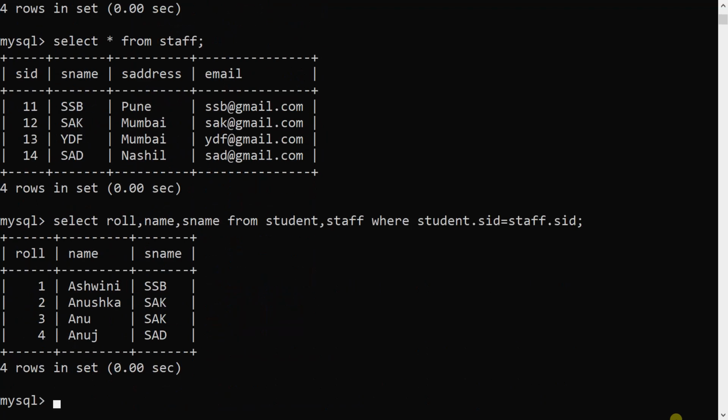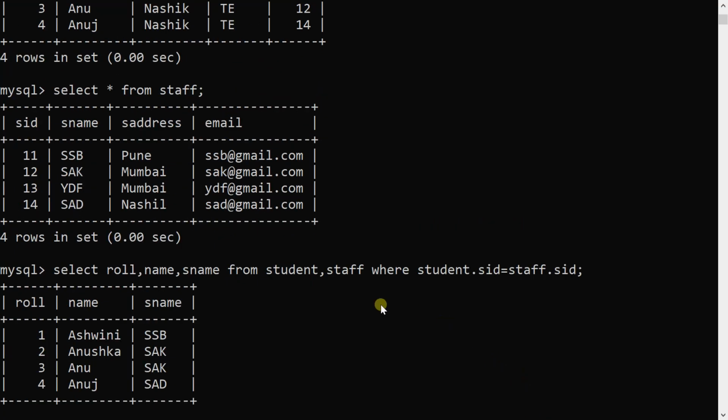So you can see here, wherever student.sid matches with staff.sid, their roll number, name and staff name will be displayed so that we can show the relationship between staff and student.